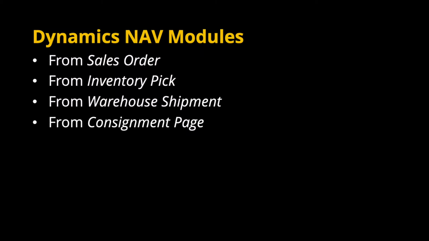This clip will show several examples on how to work with LogTrade Connect in Dynamics NAV or Business Central on-prem. The examples are made with different levels of automation or manual input needed. You will see clips from the module Sales Order, Inventory Pick, Warehouse Shipment, and from the consignment page in LogTrade